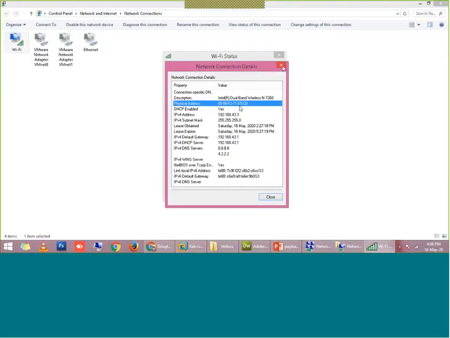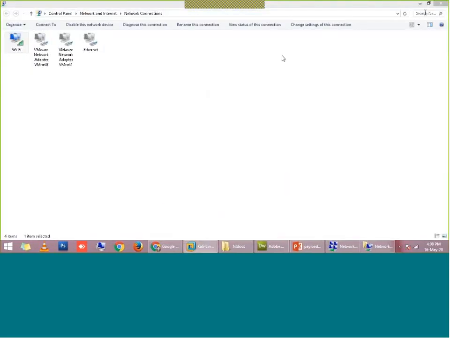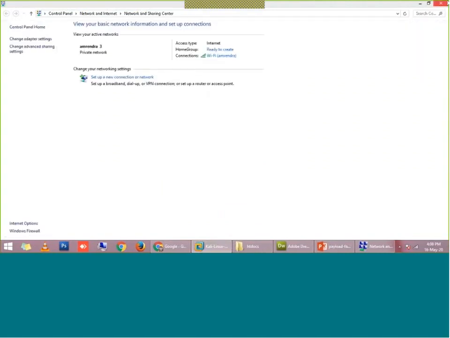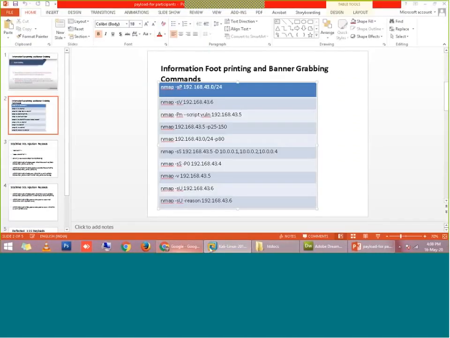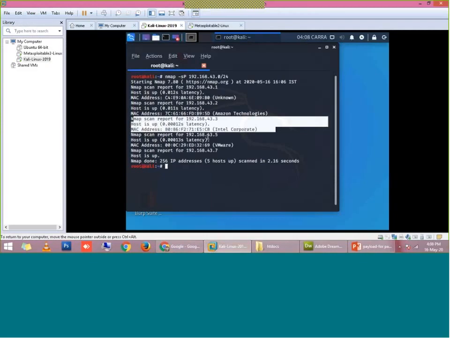So it is showing the MAC address of my physical machine because my physical machine is connected to this network only. It is showing me the detail of my physical machine.